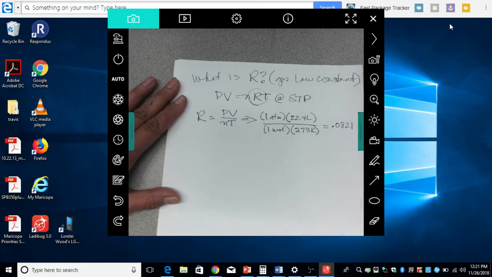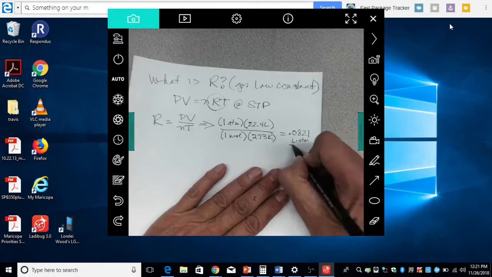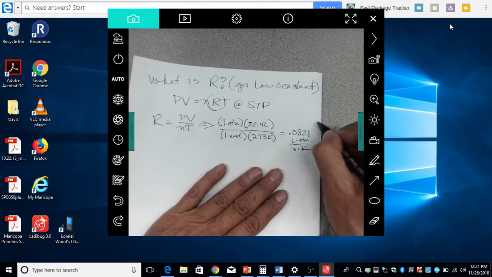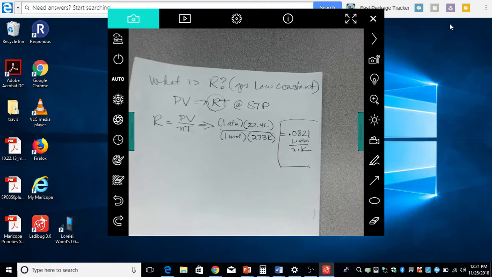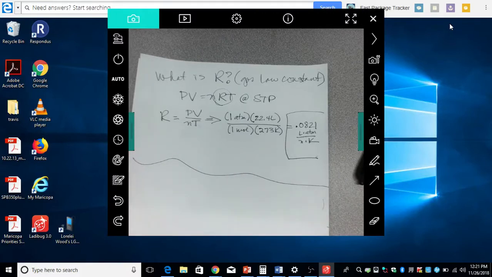And what are my units? Liters times atm per mole times Kelvin. That's where R comes from, is the standard values for everything. All right, that's it. That's it for gas laws. I can't think of anything